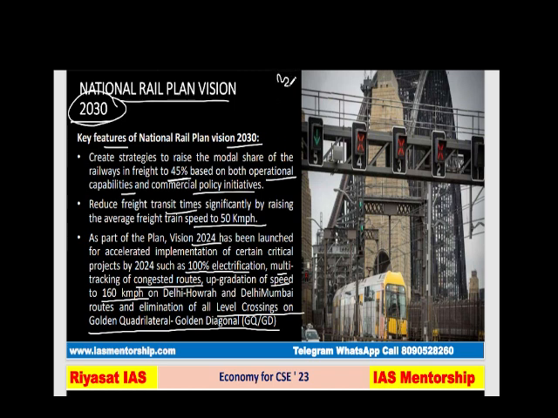If I talk about golden quadrilateral, if I try to make India's map here, see, golden quadrilateral basically starts from here, it covers down here, it goes here, and then back here. It's a type of quadrilateral. So what it is saying, elimination of all level crossings at this place. This is some vision which has been set in 2024.